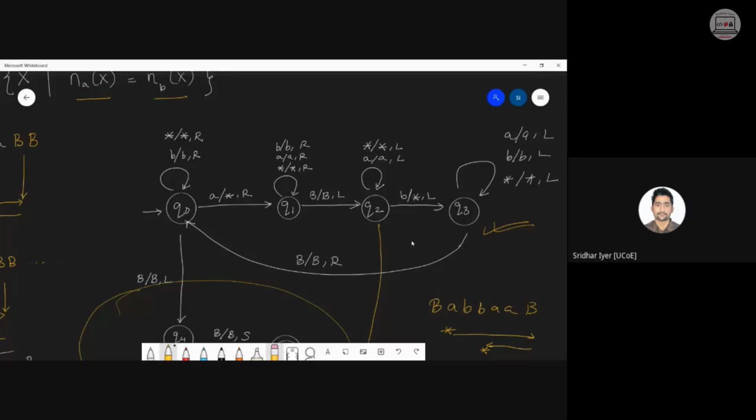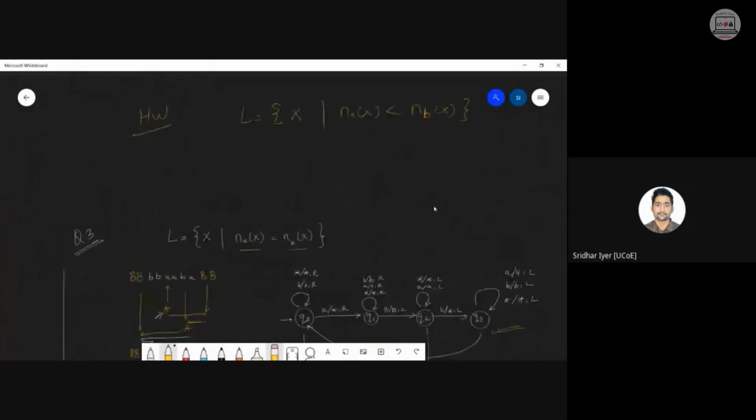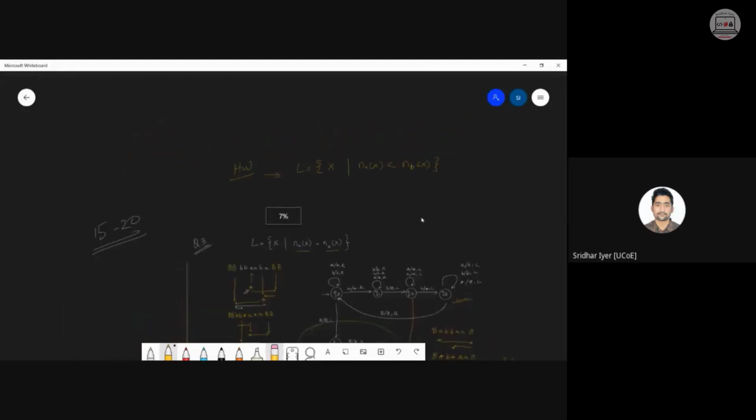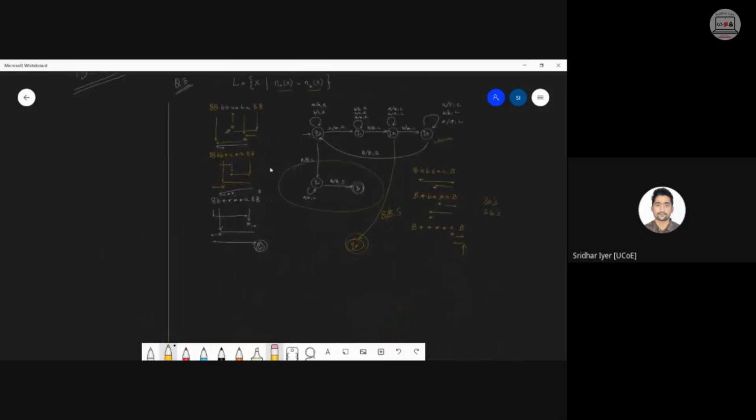Turing machine is very flexible. You can design the logic as per your need. That is why it is the most powerful machine. Correct. We can start with B first. Yes, Ayush. I read your message just now. So the entire logic remains same. You have to start with B. That is why I've given this question as a homework. You can practice this problem. Okay. So we are still having some time left. Let me get back to this problem.